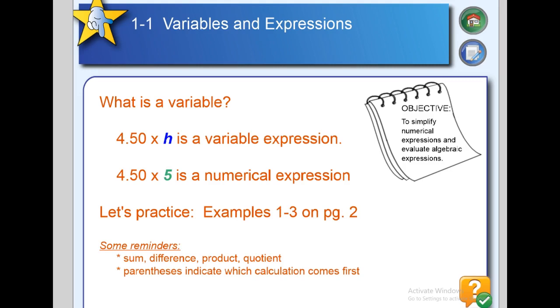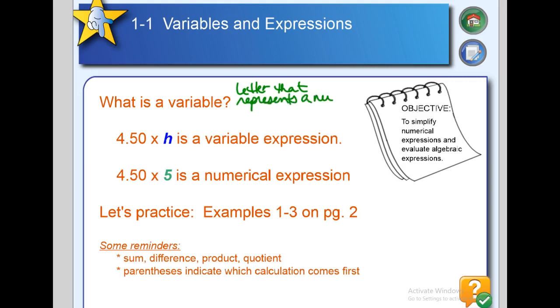If you notice, I start out with a question. My question at the top of the slide says, what is a variable? Who remembers what is a variable? What's our definition? Yeah, that's right. A variable is a symbol, such as a letter X, used to represent one or more numbers. So a variable is a letter that represents